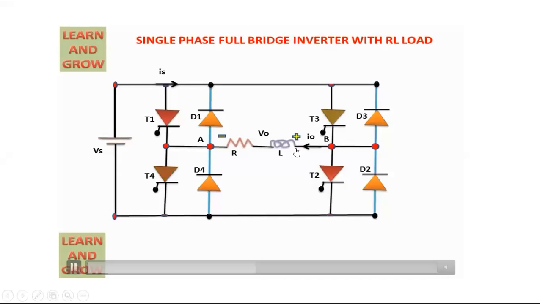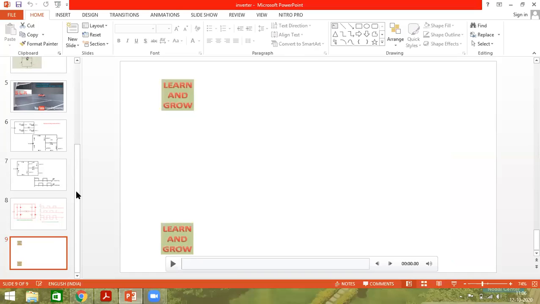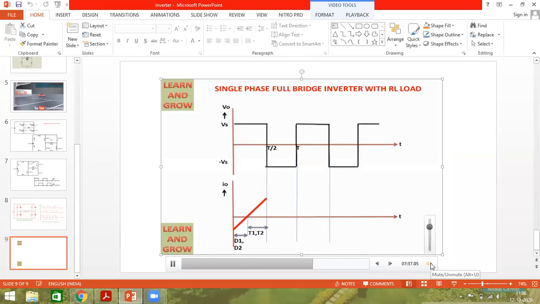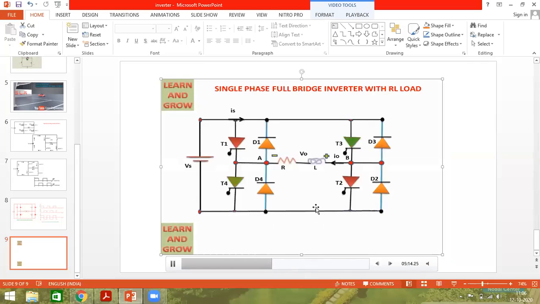So now you can see the inductor is energizing. So after certain period of time, inductor starts to de-energize. You can see inductor is energizing. After certain period of time, inductor starts to de-energize, its potential gets reversed. Plus and minus. So now what's going